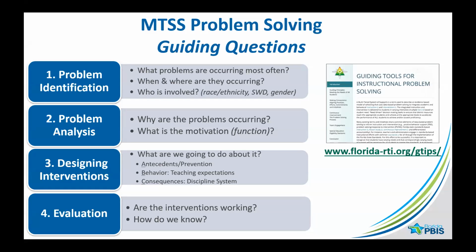Our third step is getting into, all right, what do we need to do for an antecedent, the behavior, and the consequences? So these are those interventions you come up with, which might be, we're going to put more people in the cafeteria, and we're going to make sure to go through and teach the kids, and we're going to try to catch them and correct them quickly if they're not following the rules, and maybe acknowledge them when they are following them. And then based on that, we're going to use our data and determine, did that make a difference to help curb the issues that we were having in that particular area?